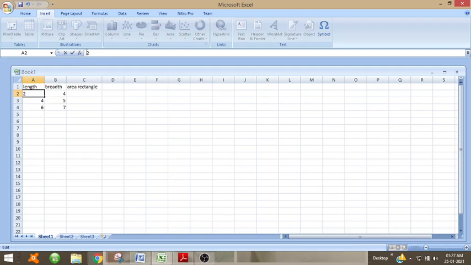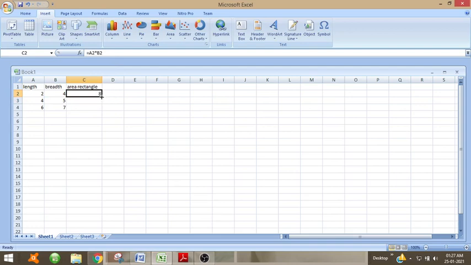First you put equal to, then the length column, that is C2 is equal to A2 star B2. Now if you put enter, the area of rectangle is calculated as 2 into 4.